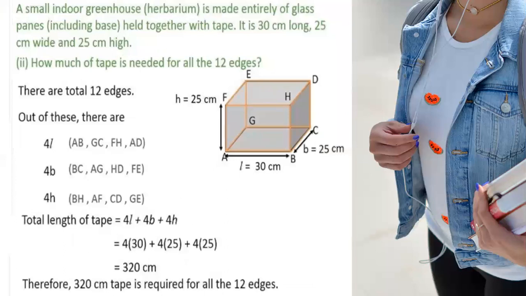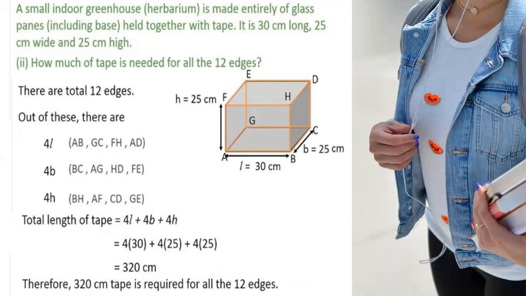Now this cuboid is having 12 edges. Let us give names to these vertices so that we can give names to these edges. So here we are given names as A, B, C, D, E, F, G, H. So here we have 4 edges with length and 4 edges with breadth and 4 edges with height, which are